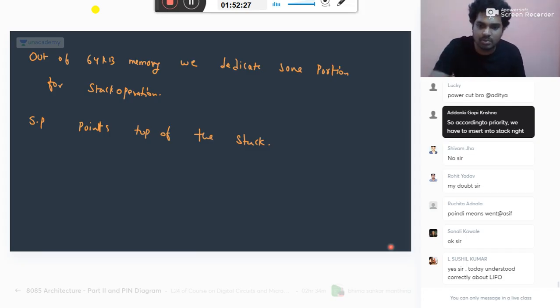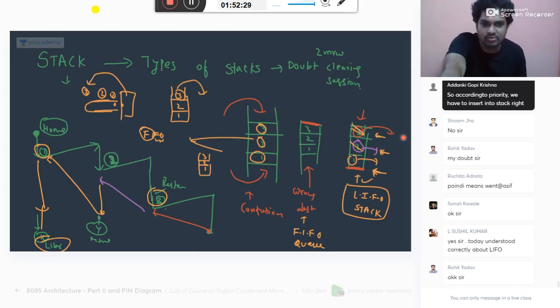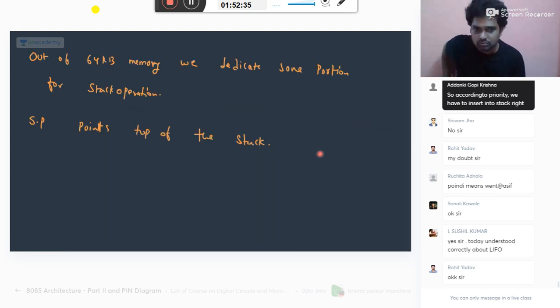Okay, Sushil. Generally people will say LIFO is last in first out, FIFO is first in first out. Where to use it is important. Simple program: you want to find factorial. I am showing you one example. To find factorial, you call a function f of n. It is general, I am not saying microprocessor. What it will do is n into n minus 1. So what I will do is